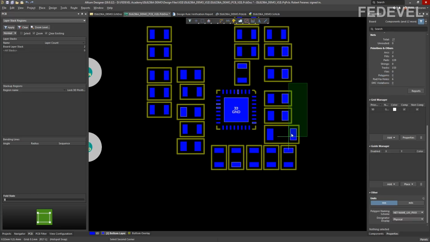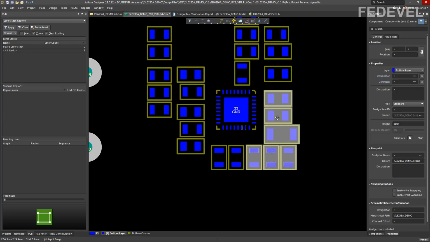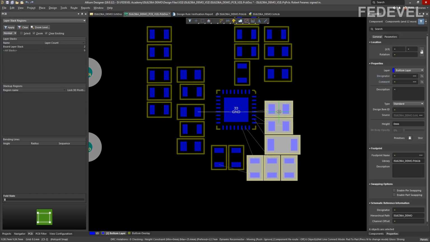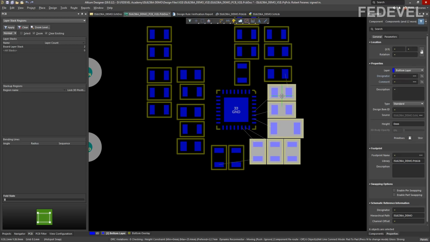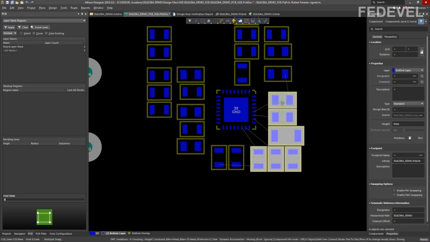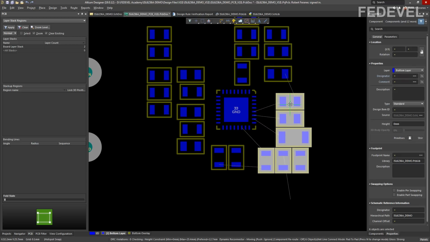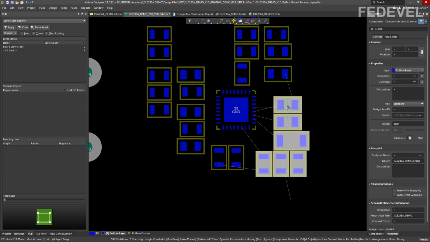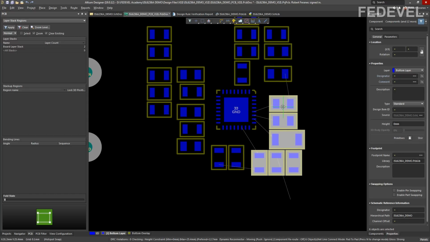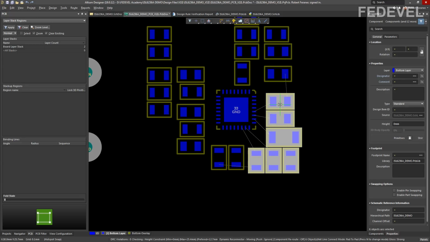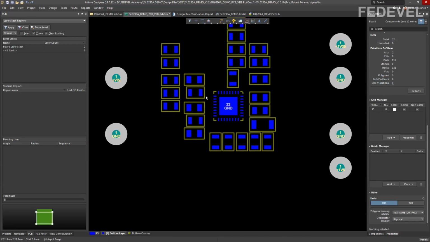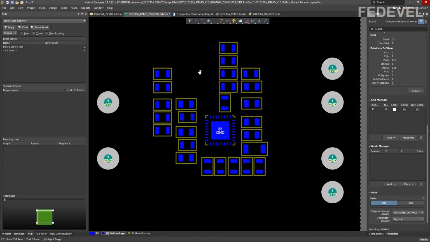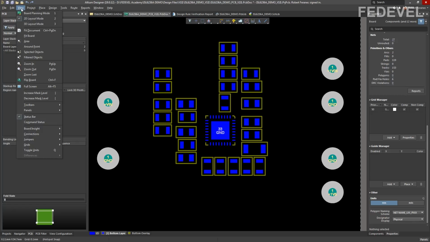Watch, or I will select more components so you can see better. Yeah, we are not going to place it here. We are not going to place it, I don't know, here. Just find the best place for these components based on the connections which you can see. Okay, so I hope this can be useful for you.